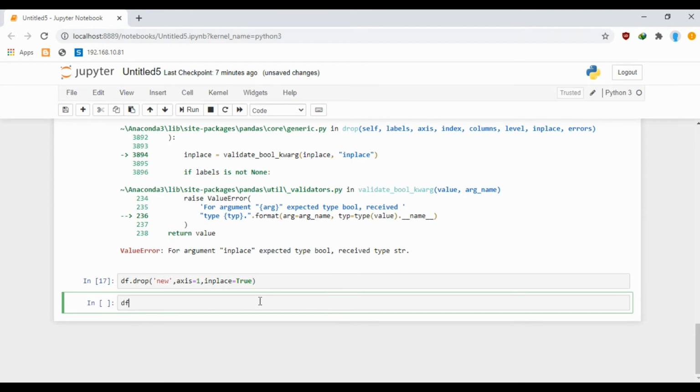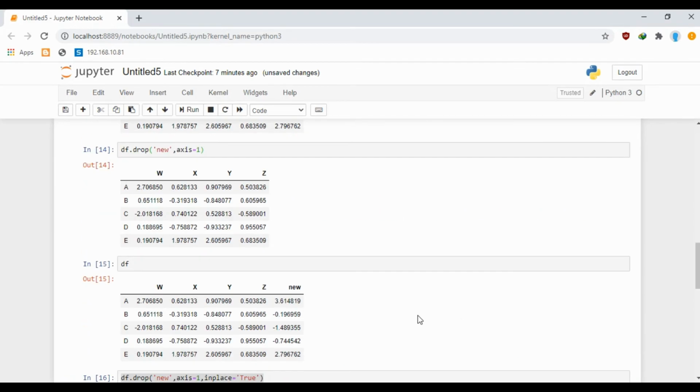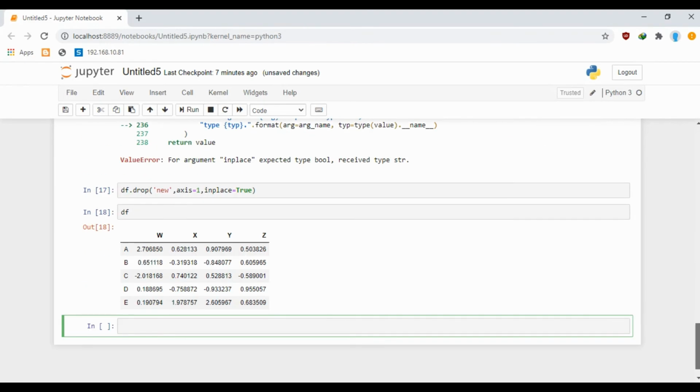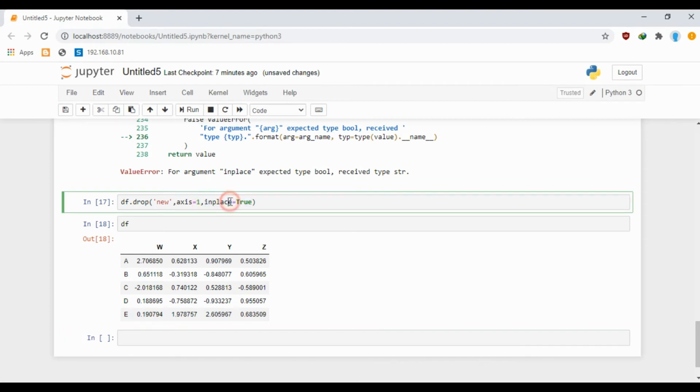Now if I take a look at my data frame, you can see that this new column has been removed permanently. So to remove it permanently, you need to specify a third argument called inplace and specify it as True. This is done in pandas because if you mistakenly delete a column, you will lose a huge amount of data. So to clarify that you want to permanently delete it, this third argument called inplace needs to be specified.